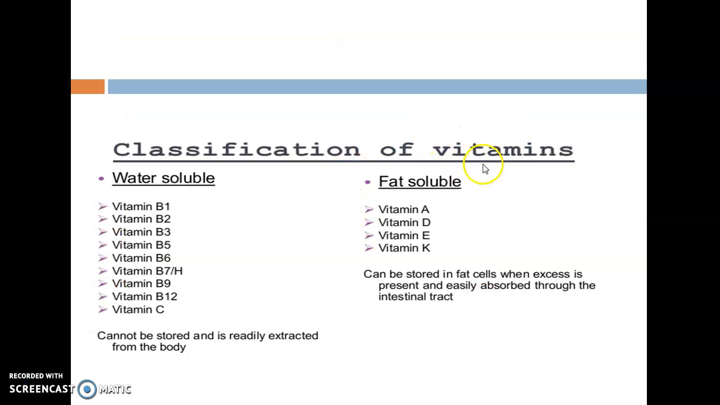The classification of vitamins includes water-soluble vitamins and fat-soluble vitamins. Fat-soluble include A, D, E, K, while water-soluble are B1, B2, B3, B5, B6, B7, B9, B12, and vitamin C. Now we will learn the name of each one of them later, and now coming to the different functions of